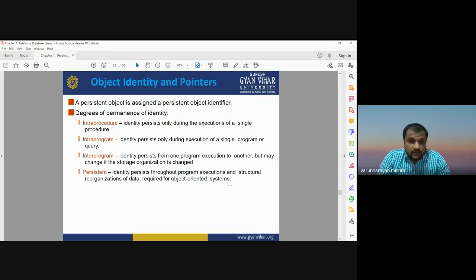So when we are going to apply persistence on the database, or the objects, we need to apply different procedures. It is based on the degree of persistence: intra procedure, intra program, inter program, or persistent.